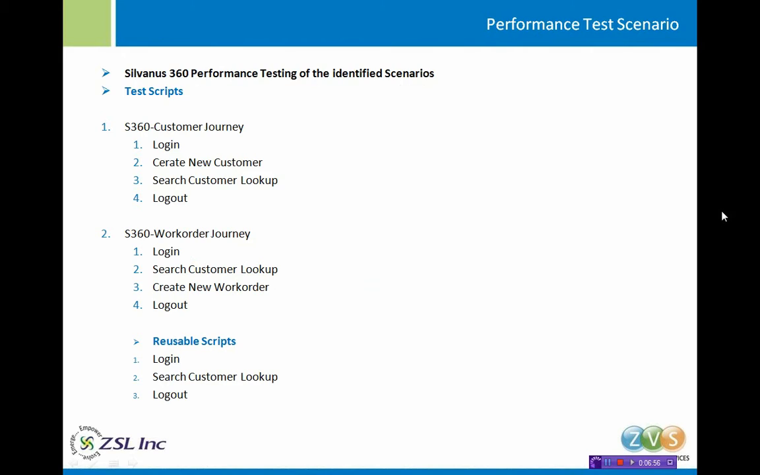All right. So what happens here? This is the performance testing scenario. We have an application called Sylvanus 360, which is an application designed for recycling technology. We have taken a couple of scenarios here where we log into the application, create a new customer, search a customer, and then we log out. This is one of the business scenarios that generally happens when we search for a customer. Then we take another scenario where you create a work order